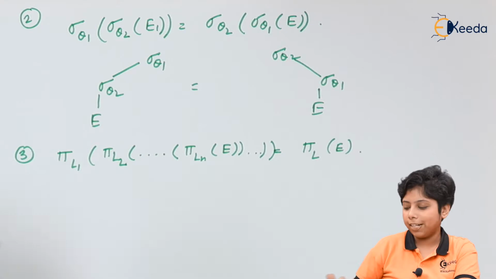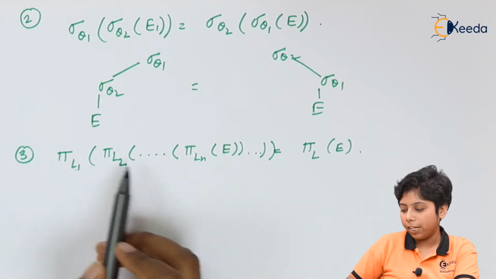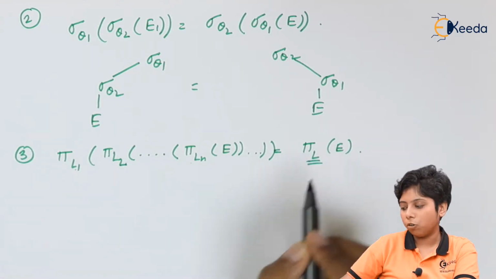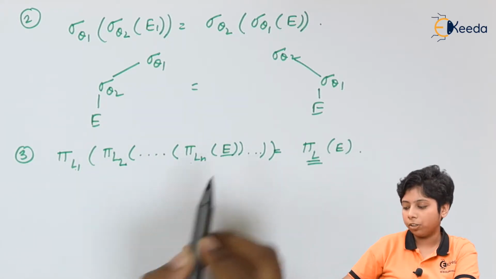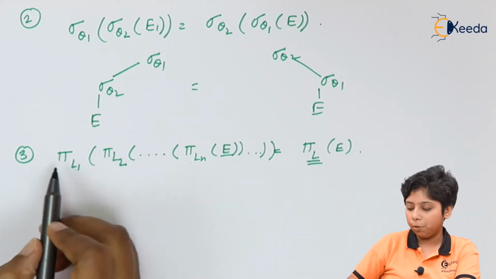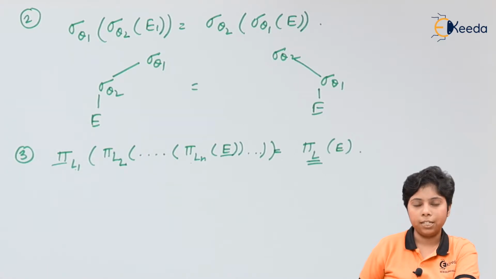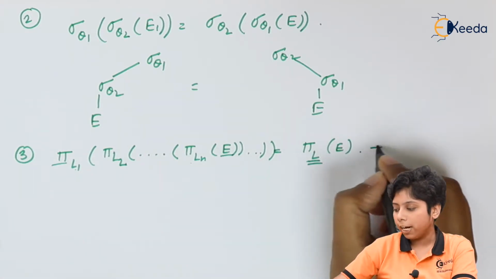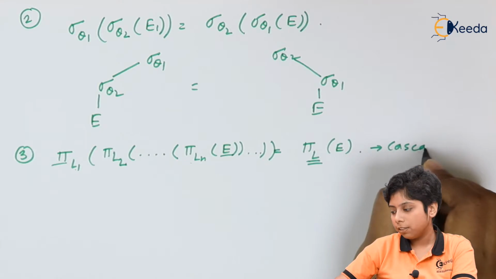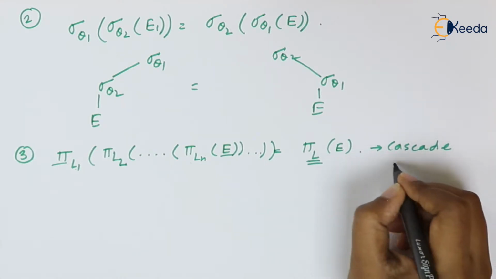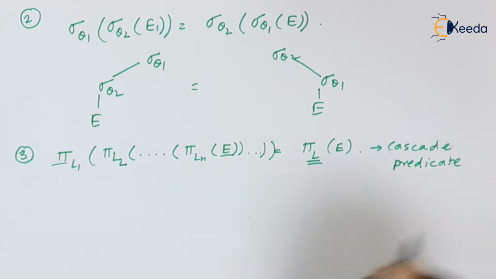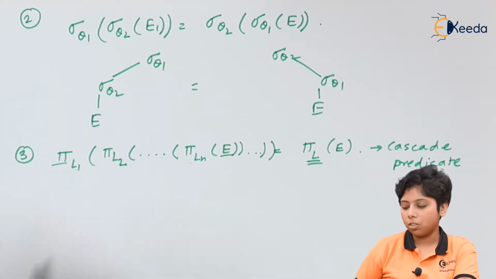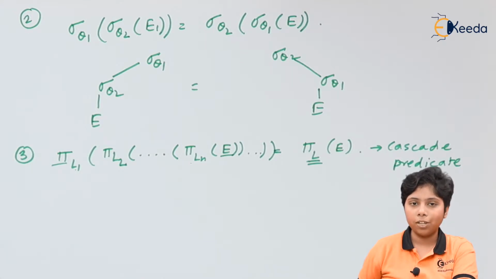So here we can see that all the combinations L1, L2 to Ln can be combined into the final operation L, as the selection on this E is made and then the projection of the particular result. This is also called cascading of this predicate. So the cascade predicate means all the predicates will be combined into the final predicate. Now we can have it as